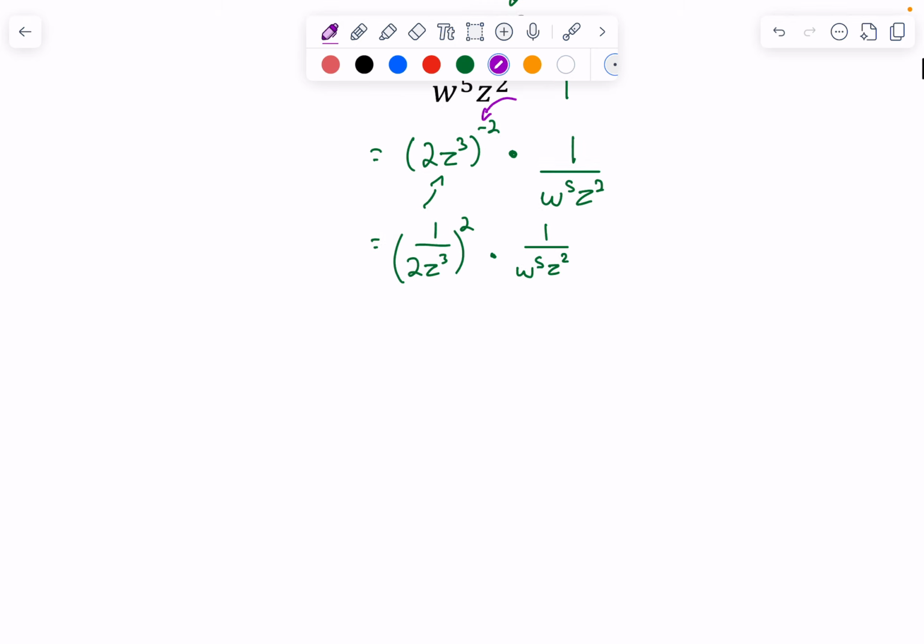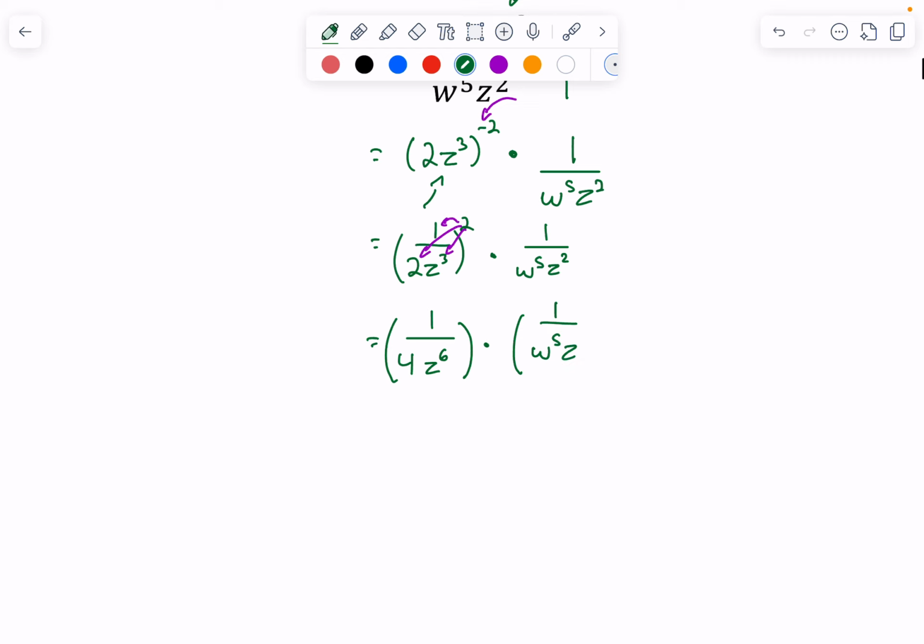So take this 2 and distribute it in, so it gets distributed to everything. That would be the same thing as saying 1 squared, which would just be 1. And that's 2 squared, which would be 4. And that's z cubed squared, which would be z^3 times 2, so z^6. And that's being multiplied by this